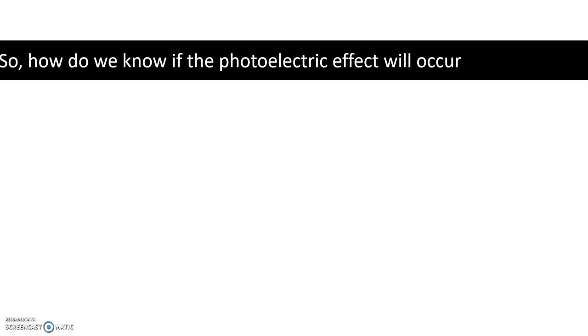So let's borrow some equations from the last slide. We know that the energy of an incoming photon is equal to E sub naught, some constant that depends on a particular substance, plus the kinetic energy of the photoelectron. This is to say that we can write the kinetic energy of the photoelectron like that. Okay, so we just did a little bit of algebra there.